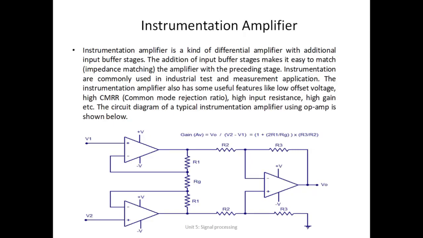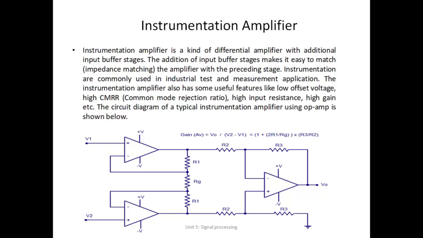Then the most important one we have is the instrumentation amplifier. An instrumentation amplifier is a kind of differential amplifier. Differential amplifier means it needs two inputs. It has built-in input buffers, which eliminate the need for input impedance matching and avoid loading of the sensor or any other preceding electronic circuit. This makes it particularly suitable for use in biomedical measurements. An instrumentation amplifier is designed to have a very low DC offset, low drift, low noise, etc.